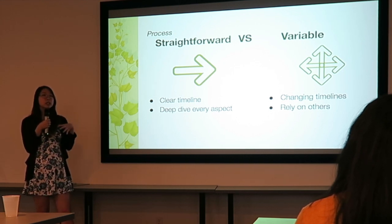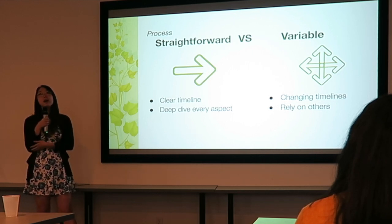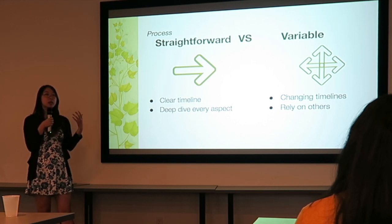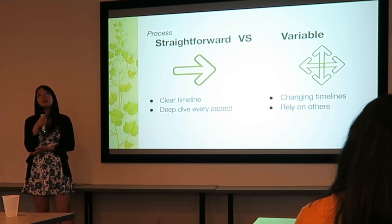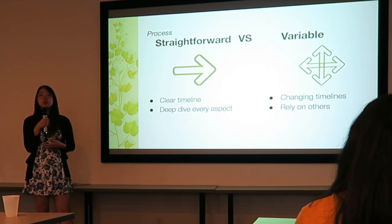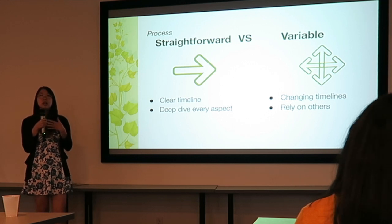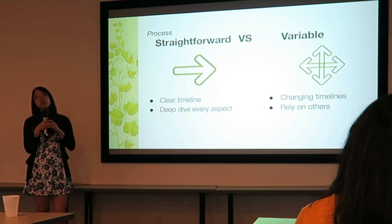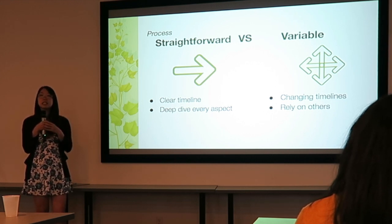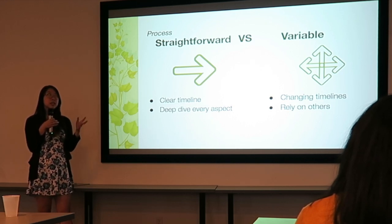But when you're in industry, one of the variations is that the nice thing is you have a team with you now. You have peers who are more seasoned in research or more seasoned in design, and you can collaborate with them, talk to them, and get their input into the work you're doing and the different parts of the process. So it's good to be open to that. You get to own your project, but at the same time, working with other people to make sure you're providing the best experience is one of the newer things that you get to